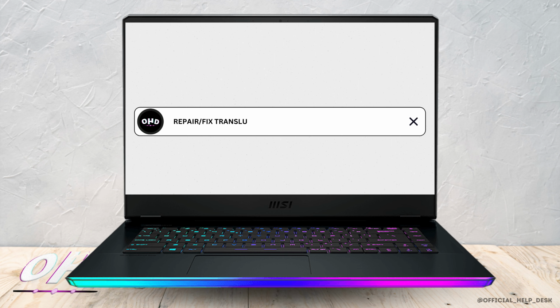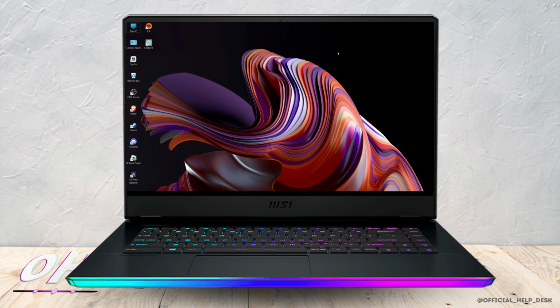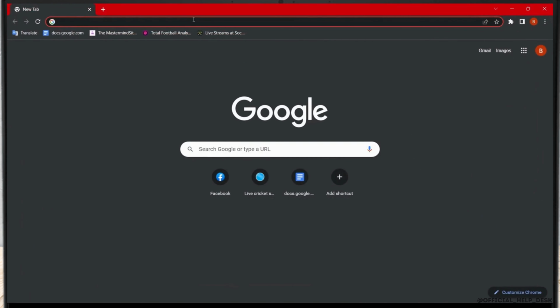How to repair or fix TranslucentTB not working on Windows 11. In order to fix this issue, let's first download ViVeTool from GitHub. First, go to your browser, and after that, search ViVeTool